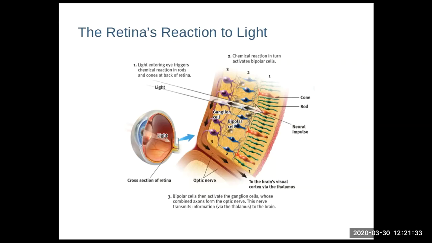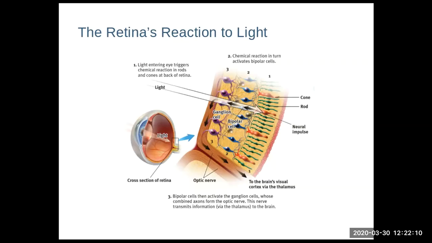So again, that makes the photoreceptors what we call the receptor cells. Remember, those are the ones that transduce the signal. So rods and cones turn light waves into a chemical. That chemical is given to the bipolar cells, and the bipolar cells then give that same chemical to the ganglion cells. That's the third layer. The ganglion cells are the ones whose axons come together, as you can see in the picture. The ganglion cell axons are coming together to form the optic nerve, and that leaves the eye through the blind spot.